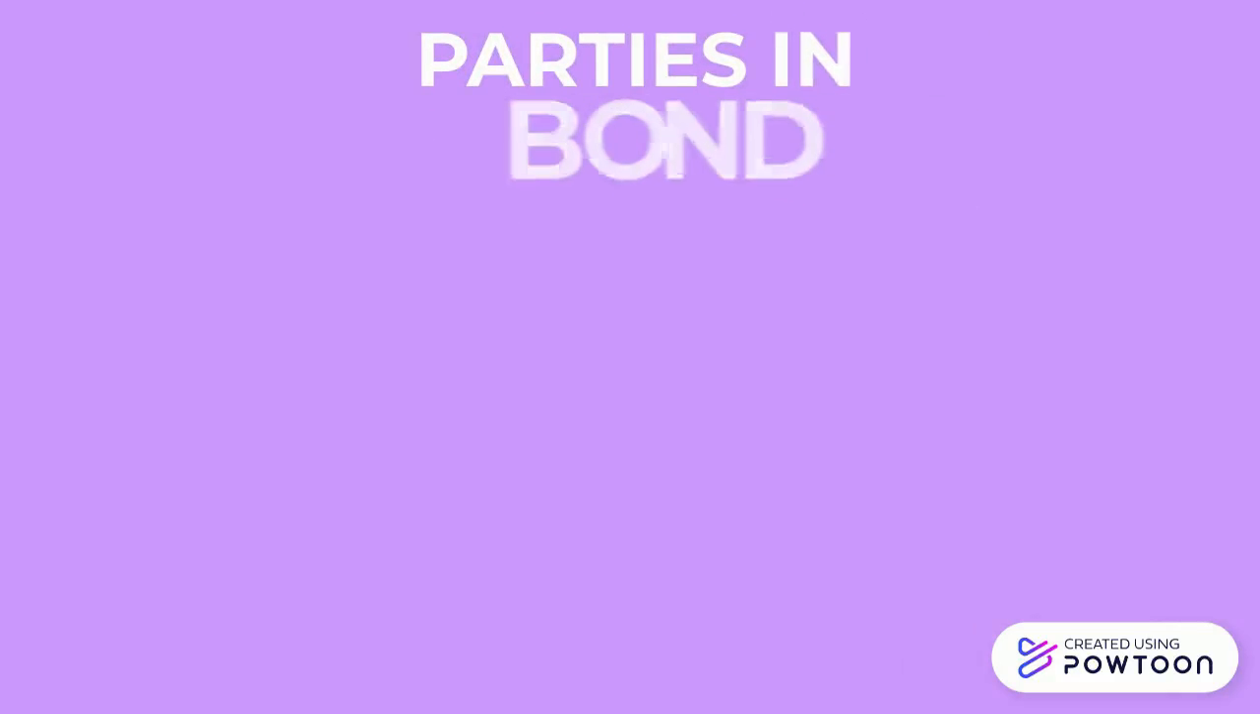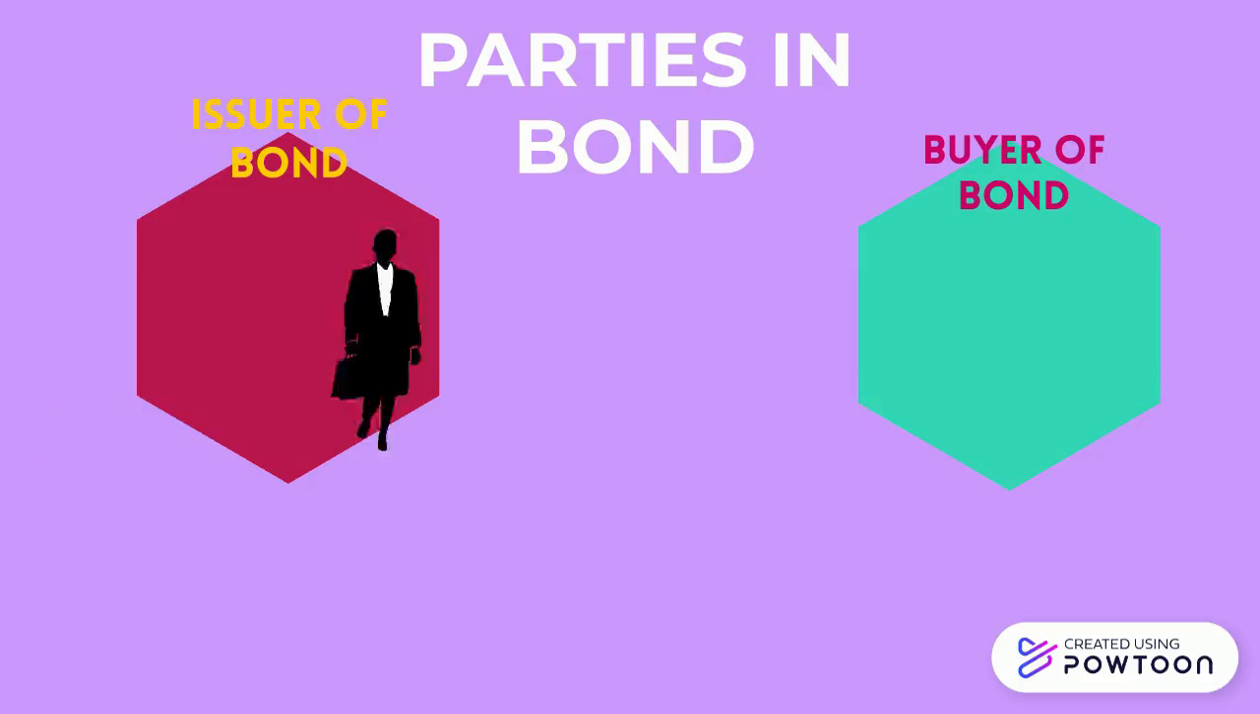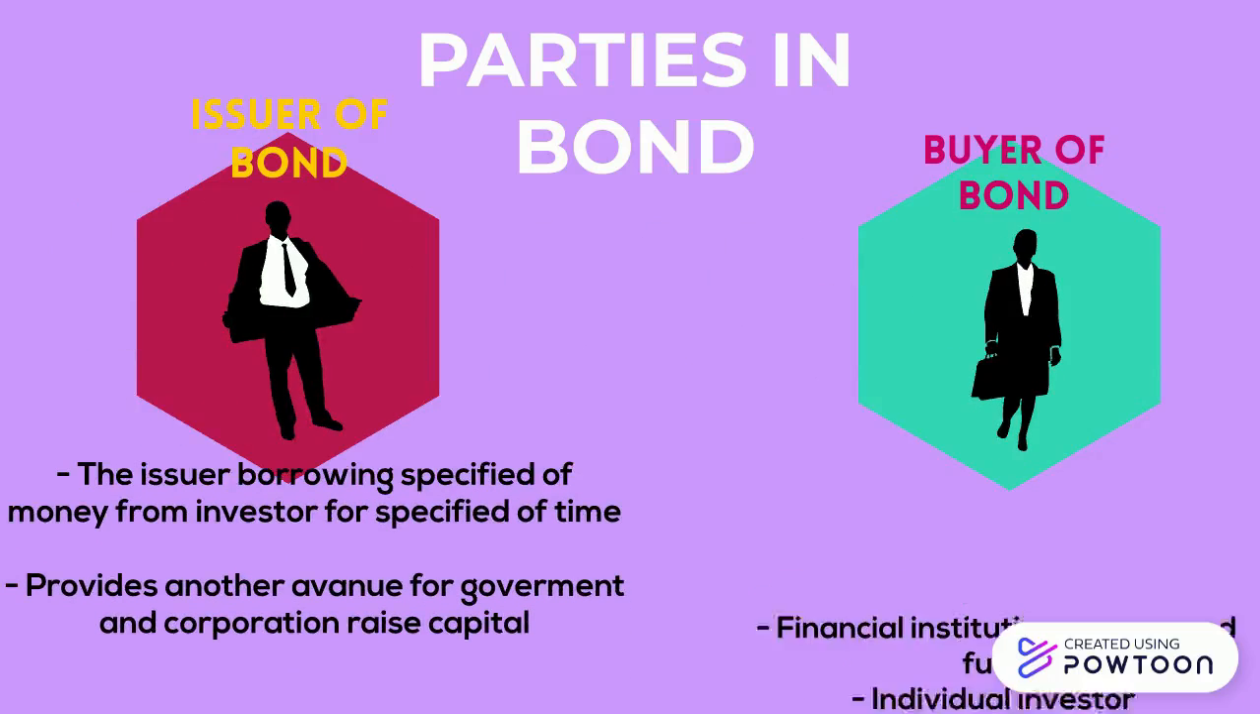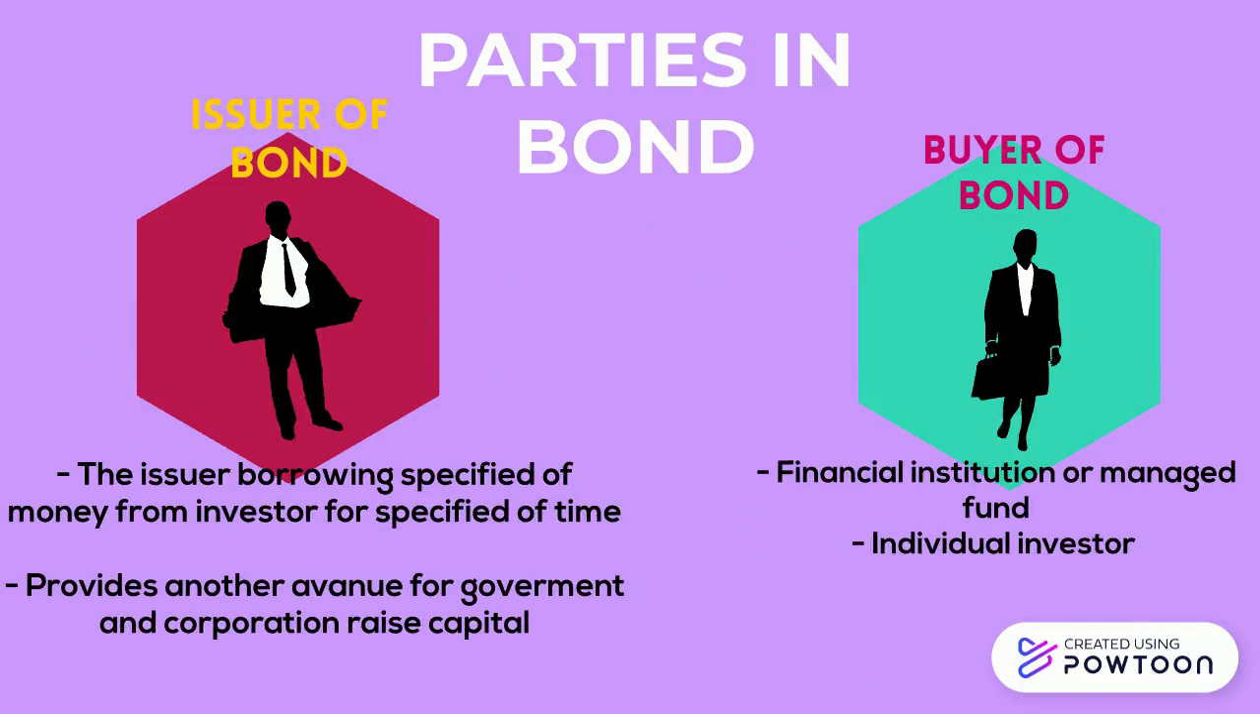The issuer of a bond borrows an amount of money from investors for a period of time. Examples of issuers are government, corporations, and banks, since the bond market provides another avenue for them to raise capital. As for the buyers of bonds, examples are financial institutions, either private companies or managed funds. But individual investors do not normally participate in this, because bonds are normally sold over the counter in